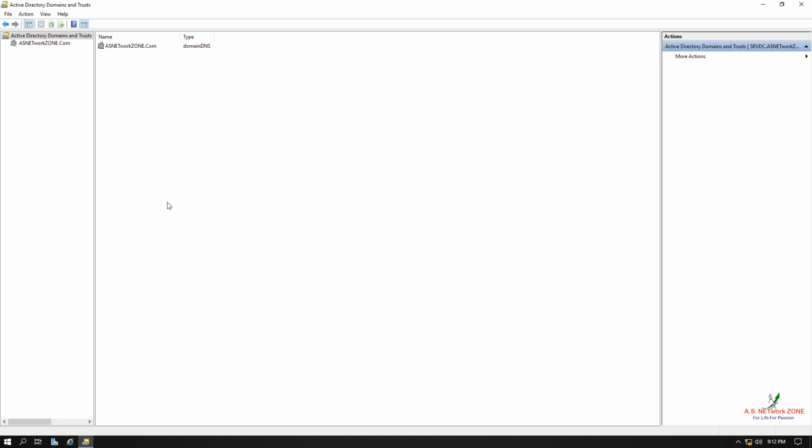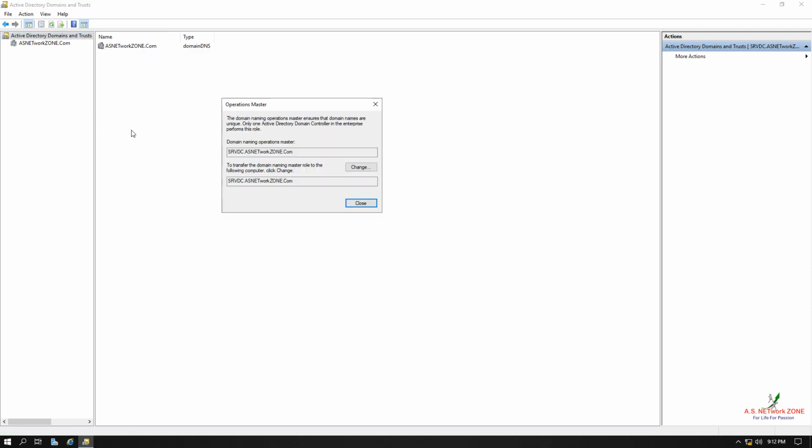Here on Active Directory Domains and Trusts you need to right click and click on Operations Master, and here you will get a dialog box where you can check that your domain naming operations master role owner is srvdc. It means the same server where we are working right now. Now one FSMO role is remaining, and that is the schema master. By default you can't find it inside your domain controller because that role is hidden. To unhide the role you will have to execute a command, but firstly let me close this console.